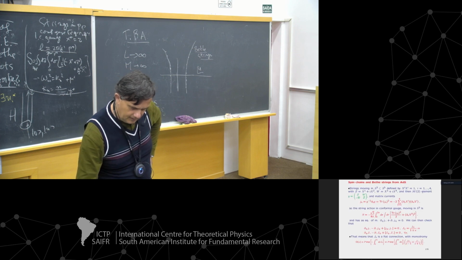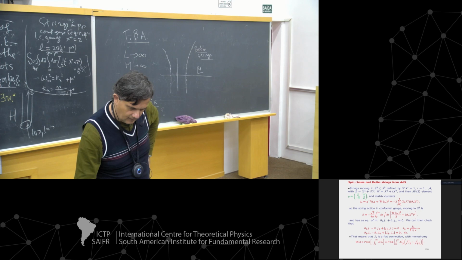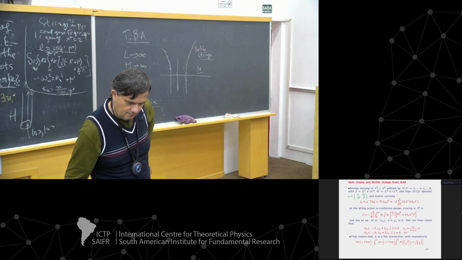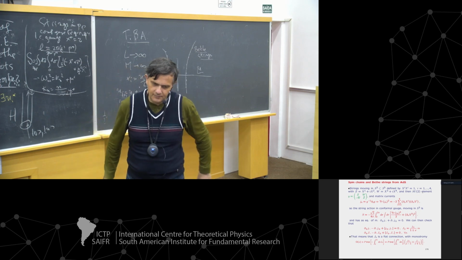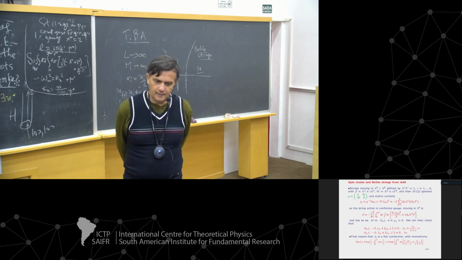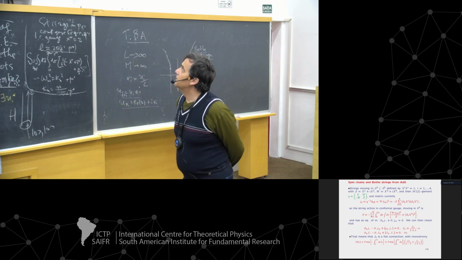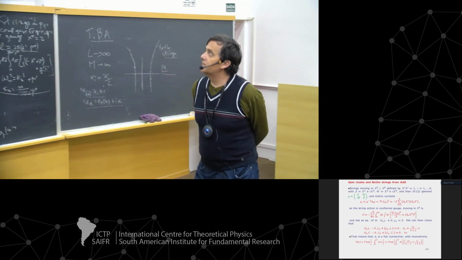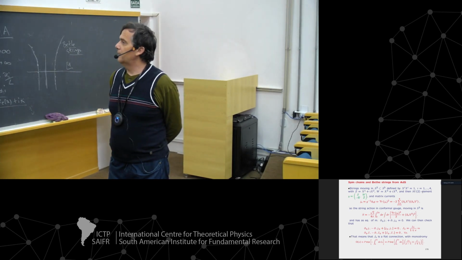Let me see what I can say. So let me say just a few things in words. So one considers strings moving in an S3 subset of the S5 sphere, and then considers the motion, this classical motion,